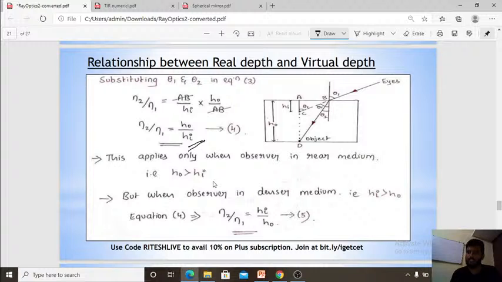Eta 2 over eta 1 is equal to h naught over hi. Okay, so this applies only when the observer is in the rare medium. See here, you are viewing from a rare medium, that is air. But in case you are viewing from the denser medium, I mean fish, if a fish is viewing, fish is the